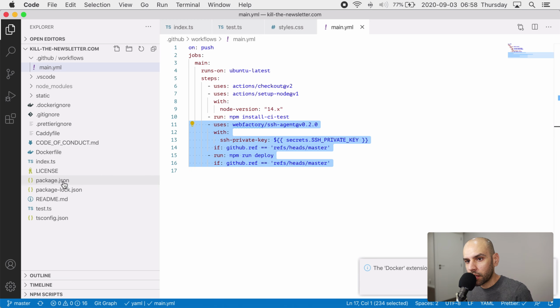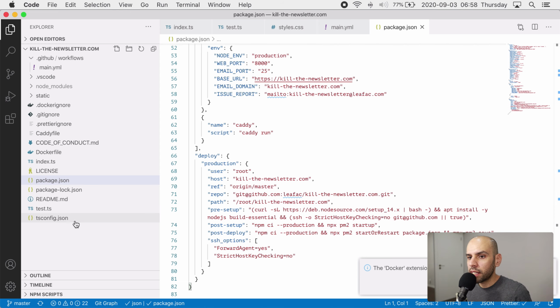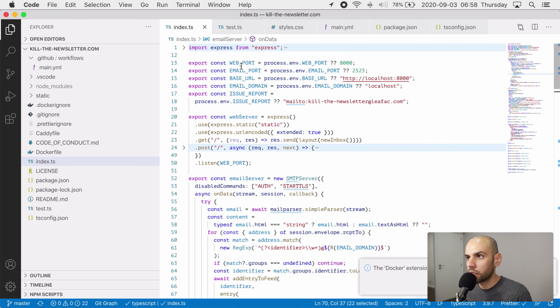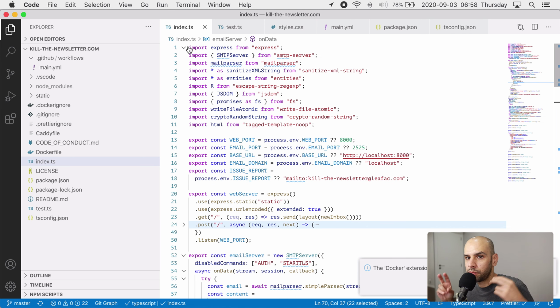And with that, we are ready to move on. Oh, I guess I'll just briefly mention the configuration for TypeScript before I move on to the final part. The configuration for TypeScript is just, I'm compiling to the latest version that Node.js can run, and that is ECMAScript 2019. I'm using the CommonJS module system because there are some packages that do not support the new